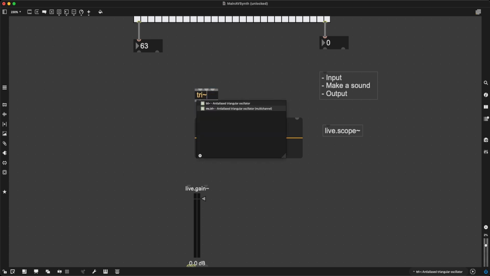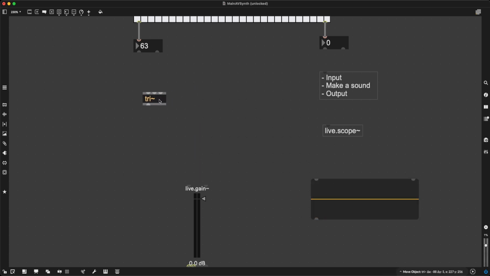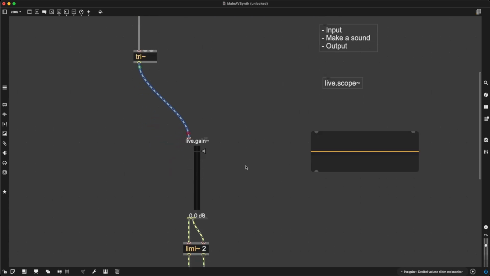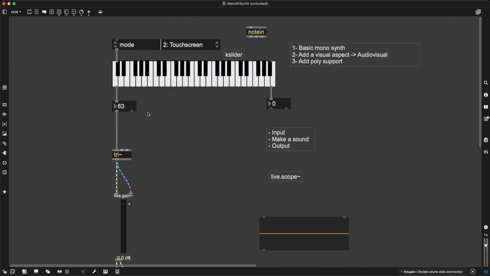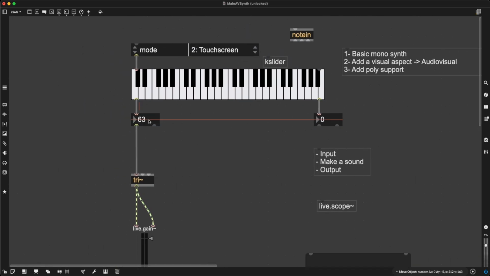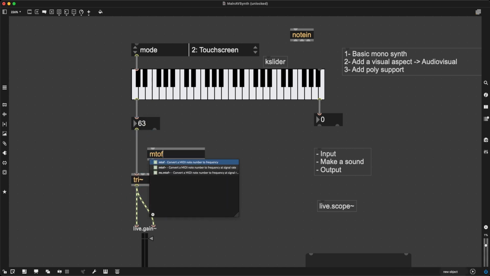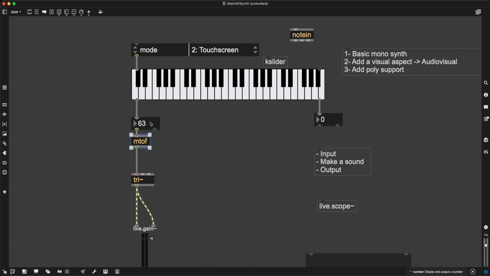Okay, so I need to take this. I don't need to give it an argument because I will determine its frequency myself. I'm going to determine its frequency by sending it a message from my input system, my kslider object. The only problem is that this sends out a MIDI note value and I need a frequency for an oscillator. So I'm going to use the mtof (MIDI to frequency) object in order to convert this value into,